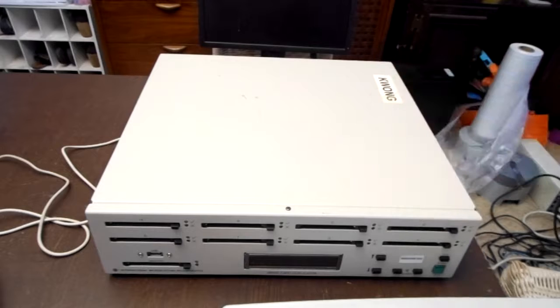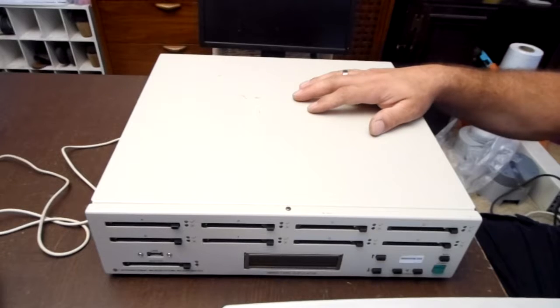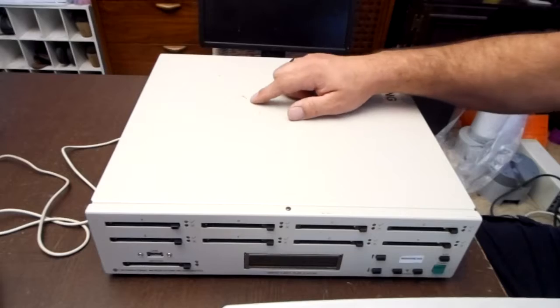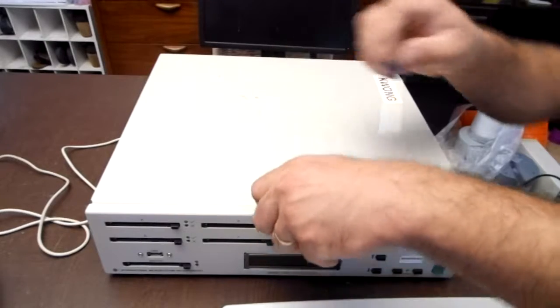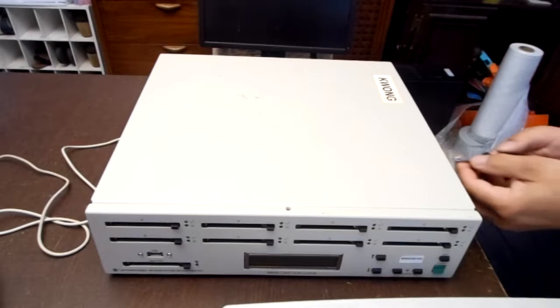I picked this up at auction for around $40 with a lot of other items, and when I was looking at it yesterday, I booted it up and the CMOS battery was dead. So I removed the CMOS battery and went to test and see if it would boot up and do what it was supposed to do. But when it booted up, it actually would not,